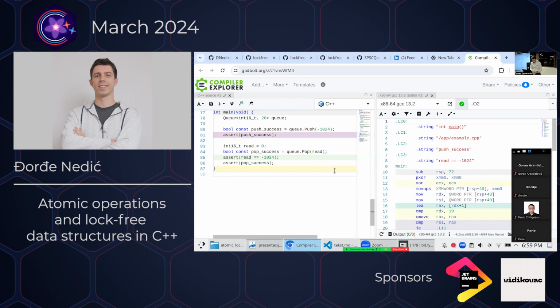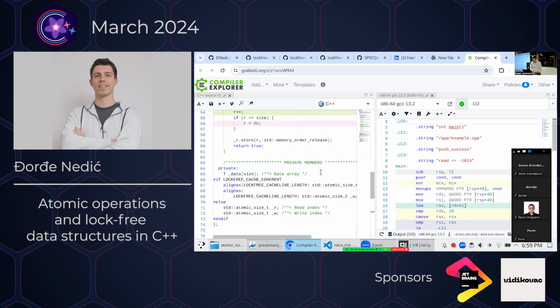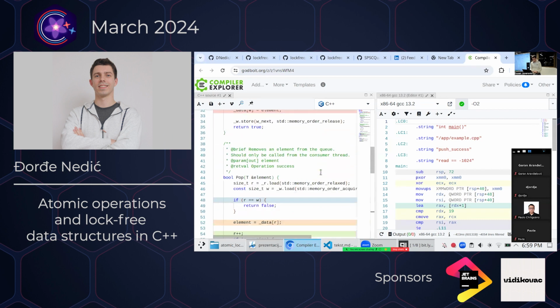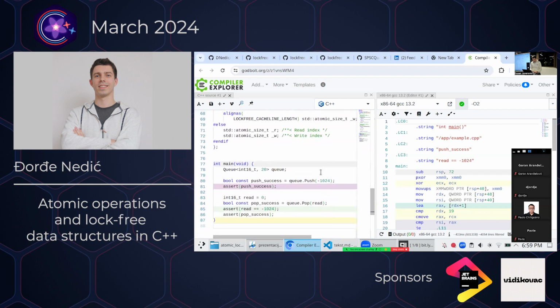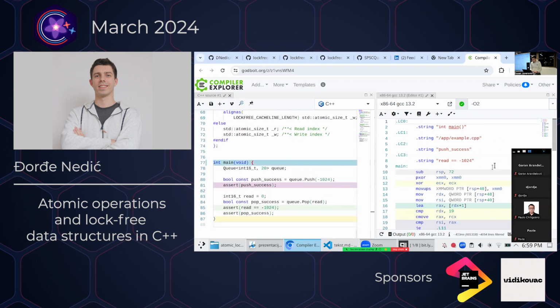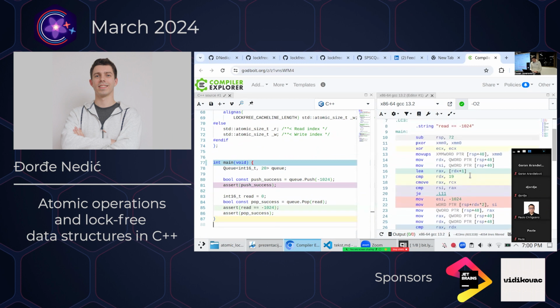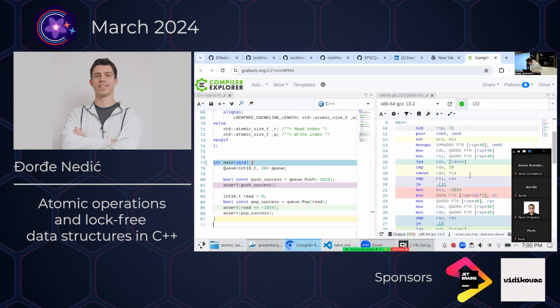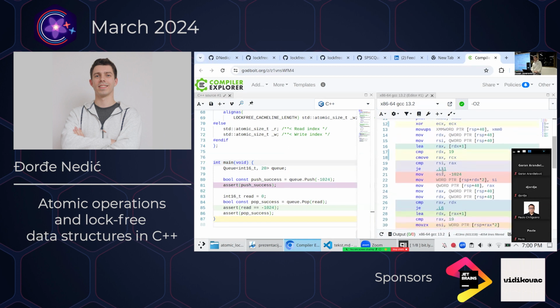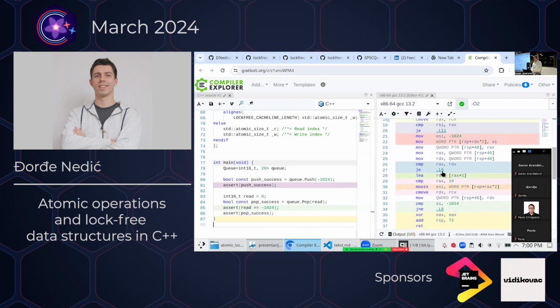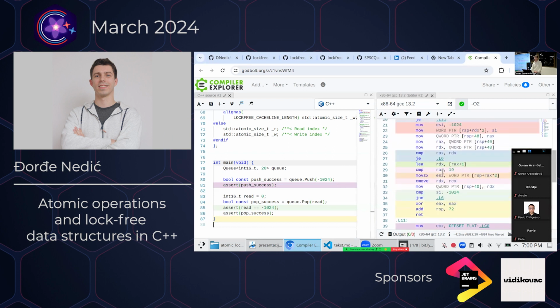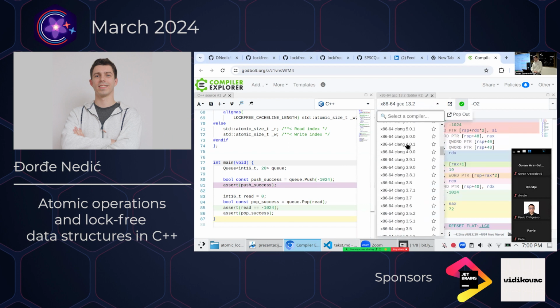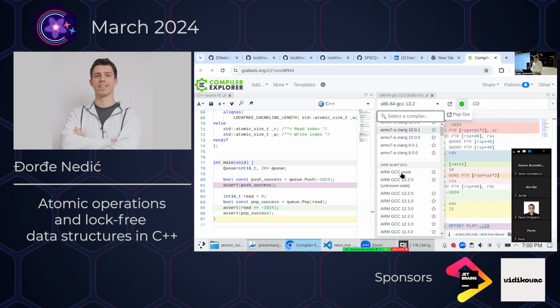Oh, okay. So what we have here is the queue that we've already seen, and we are just pushing and popping from it and then asserting that it's fine. If you take a look at the instructions here, there's nothing funny, right? Compares, conditional moves, jump equal, moves, compares, loads. That's it, right? There's nothing really strange here. However, if we switch to ARM,